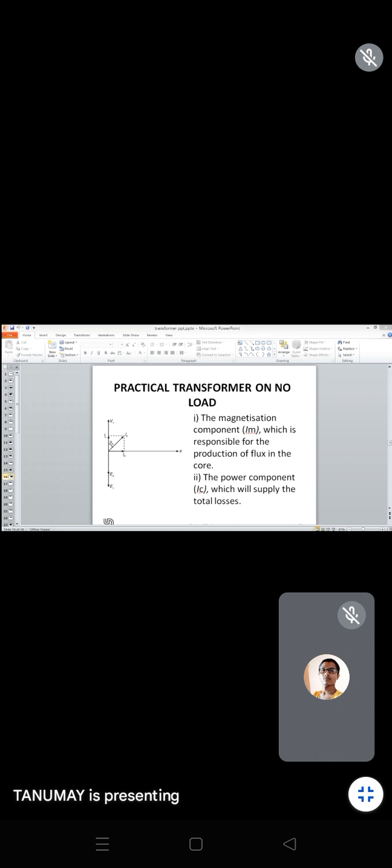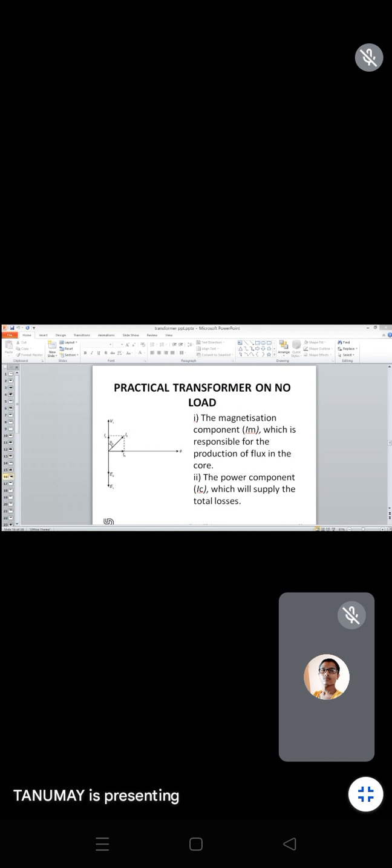Why is this I0 amount of current flowing? To overcome different losses produced within the transformer. So this I0 amount of current will try to overcome all the losses like core loss, copper losses. So here this I0 will lag with the supply voltage V1. So what is V1? V1 is the applied voltage over the transformer primary side.